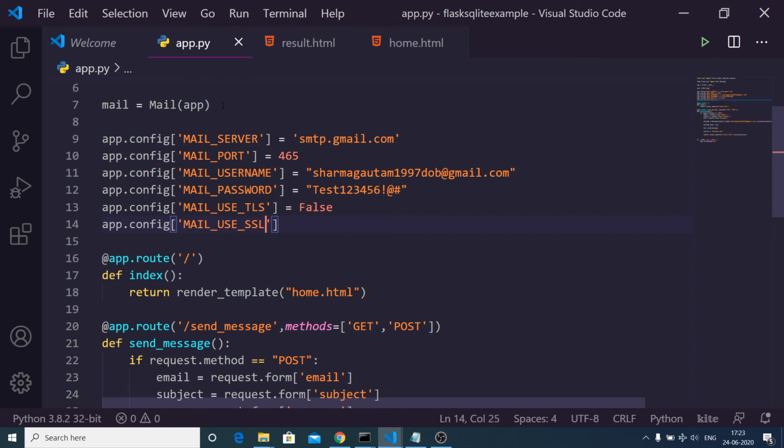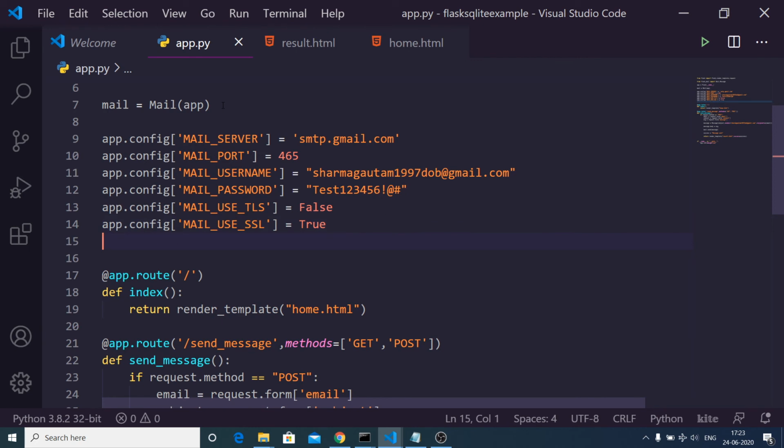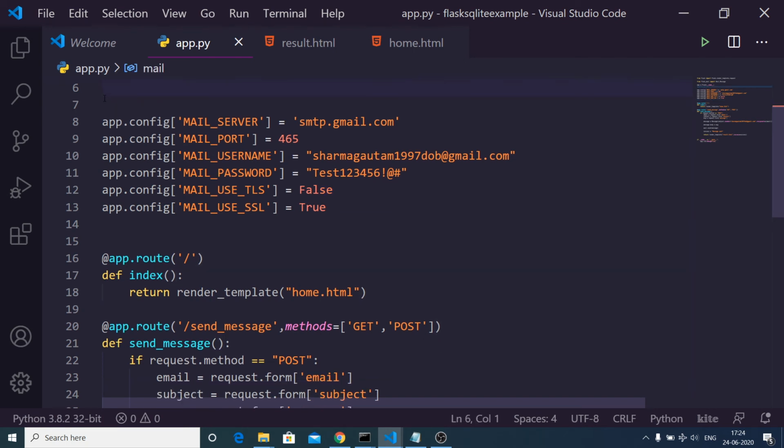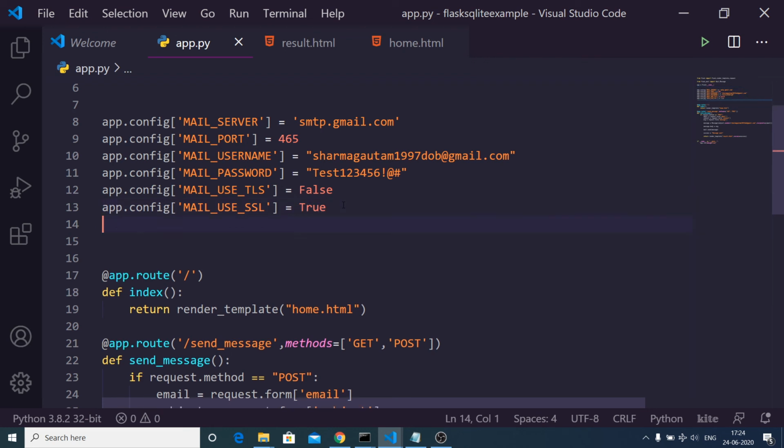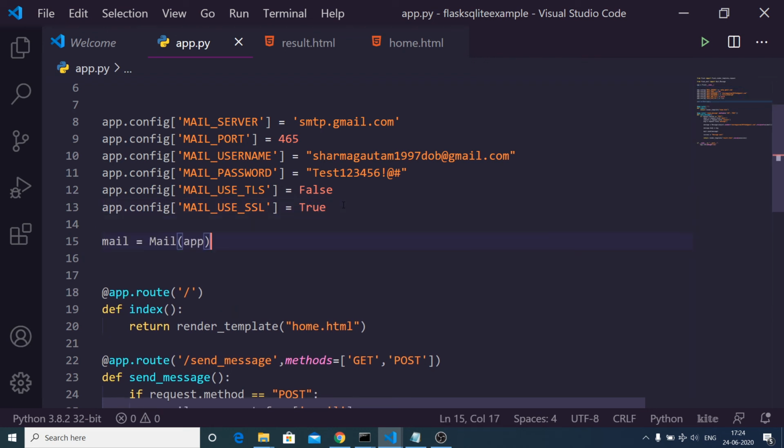This needs to be true because we will be using SSL. And that's it, guys. After we initialize these options, then only we need to write this line, which is mail is equal to, just copy this and write this line. That's it. And now I think the application is complete.